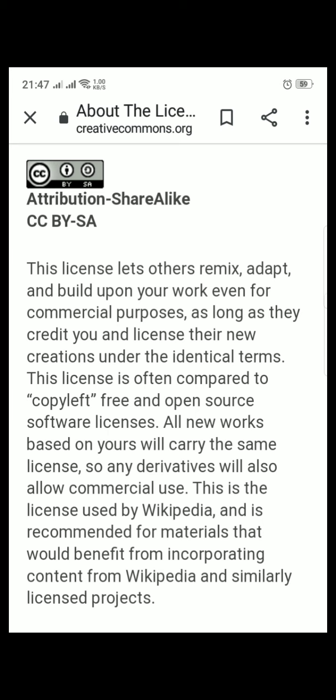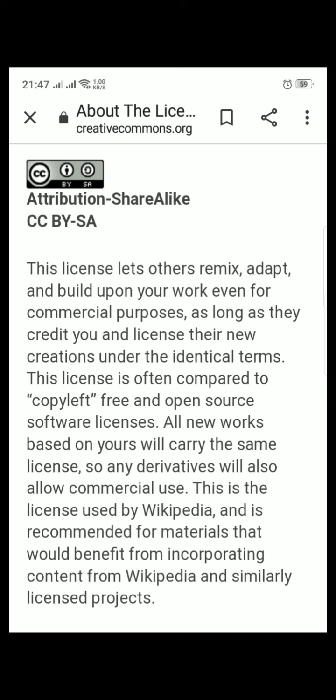If you see, even the Wikipedia article, they do have this licensing. They have taken this license, CC BY SA. SA means share alike. It means whoever is using your resource needs to share it in its original form, but they do have some freedom to make slight changes to your original work.